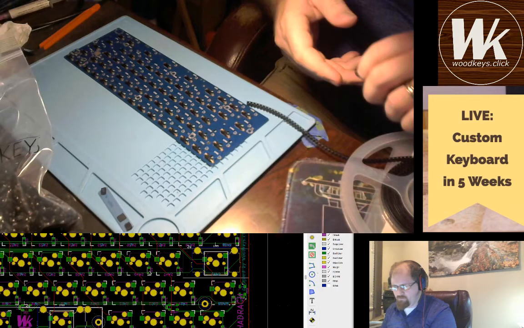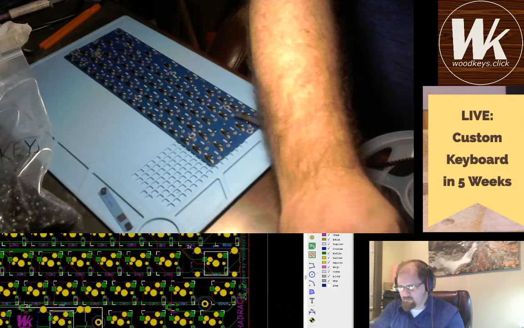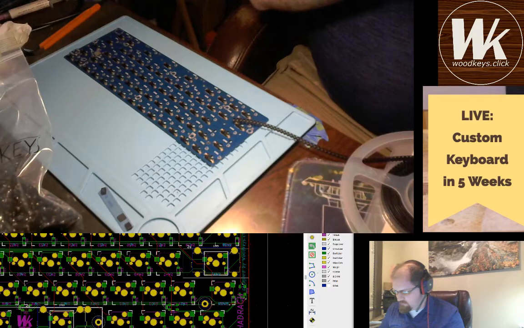So I'm going to be using the magnifier to do this, excuse me, for the most part, because it's kind of hard to see these things otherwise. Okay, down is going to be on my left. I mean the cathode mark is going to be on my left. So I'm going to orient the board this direction